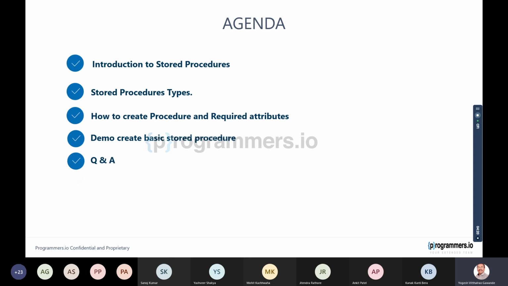Then there are some types of stored procedures, and if we are going to declare or create a stored procedure, what attributes are required to create it, that we will discuss, and we will have a demo on creation of basic stored procedures. Okay, so we'll start with